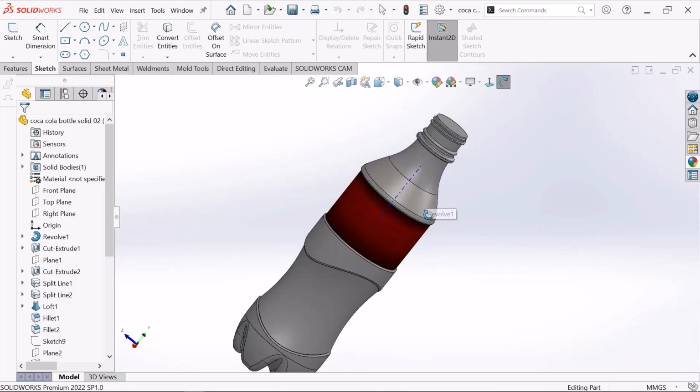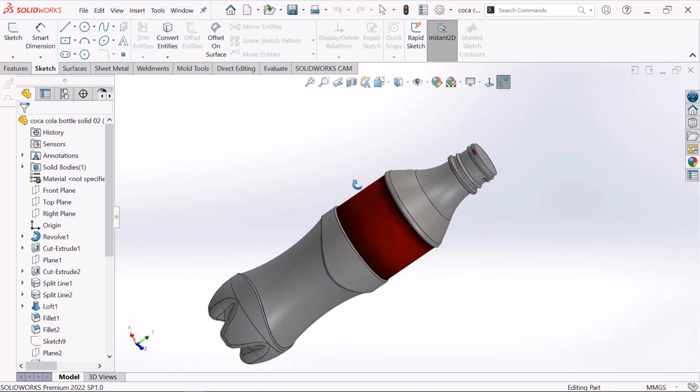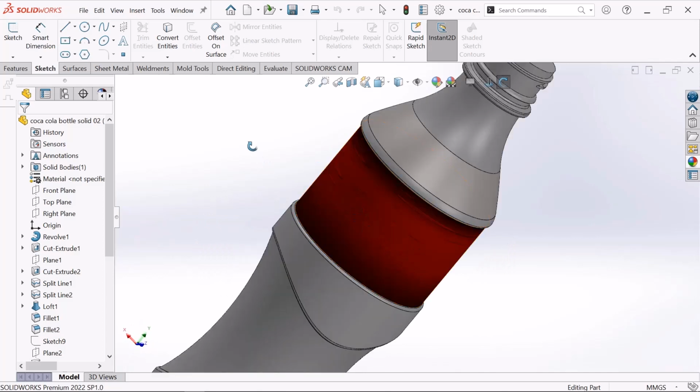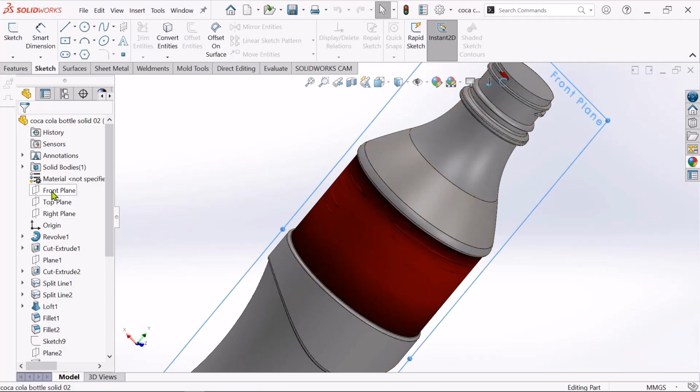Today I'll make a mold for this bottle. This is a Coca-Cola bottle. Okay, let's start. Now click this front plane